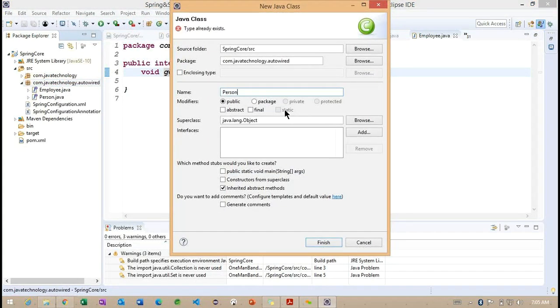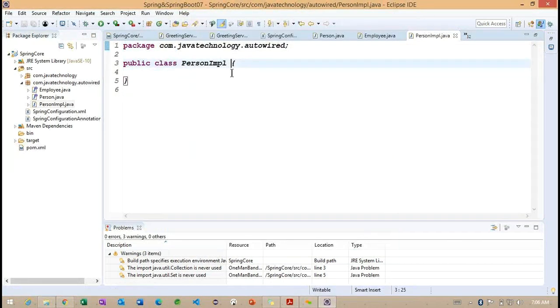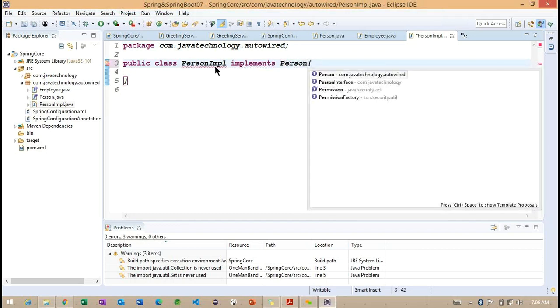Now what I'm doing here: PersonImpl. We need to implement this Person interface in PersonImpl.